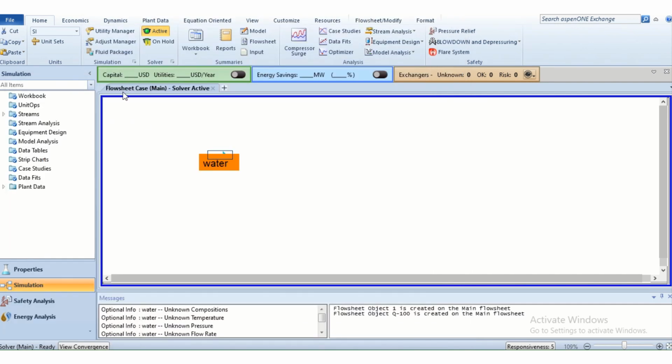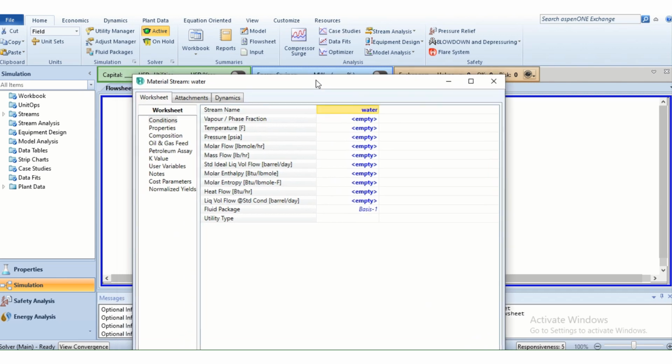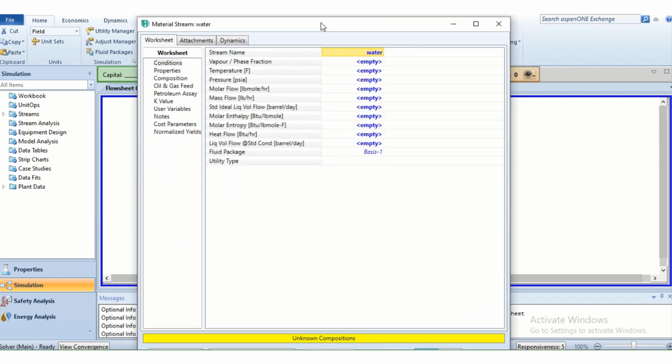Just cut it down. As you can see, here is SI unit. If you change it to field, you observe that units have changed. Now they are not in SI unit but in field units. If you change it to SI again, you can see that they changed to SI. Now for example, you want all the properties shown in SI unit except for pressure. You want pressure in PSIA and all the other properties in SI unit. Then what will you do?